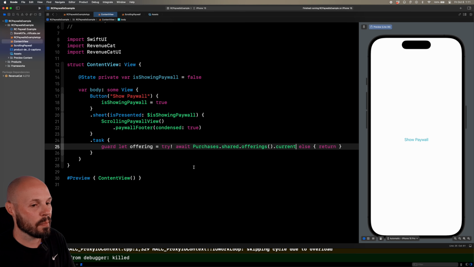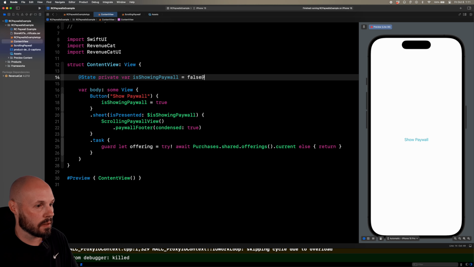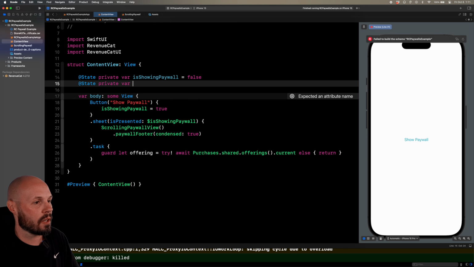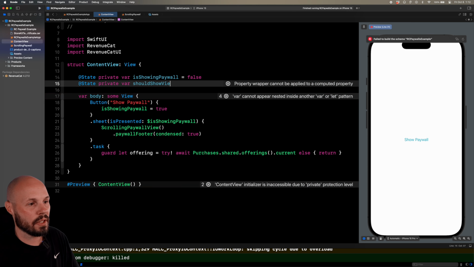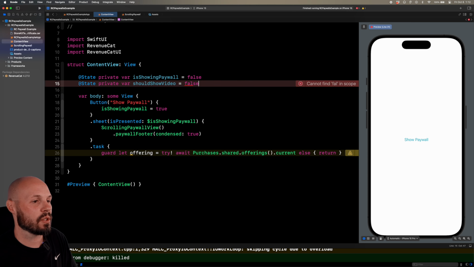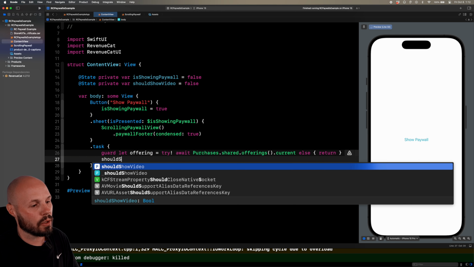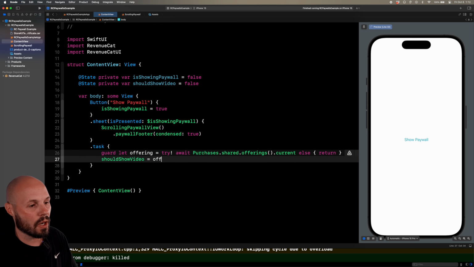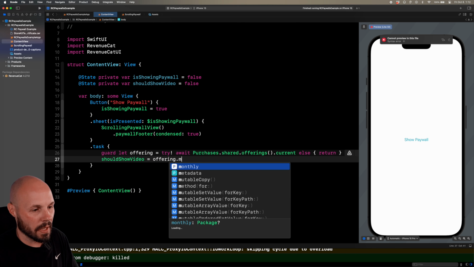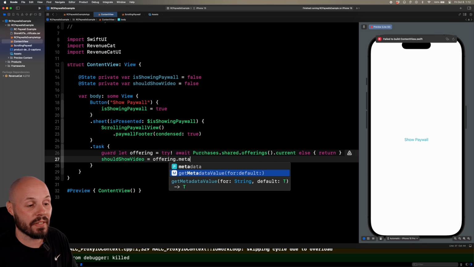So back to Xcode, I need to pull from that JSON if I should show the video or not. So we're going to have a state variable here, @State private var shouldShowVideo is false. We're not going to show the video by default. So now I want to do shouldShowVideo equals offering.metadata, get metadata value for, and this is